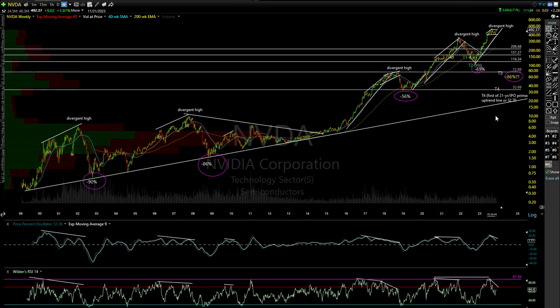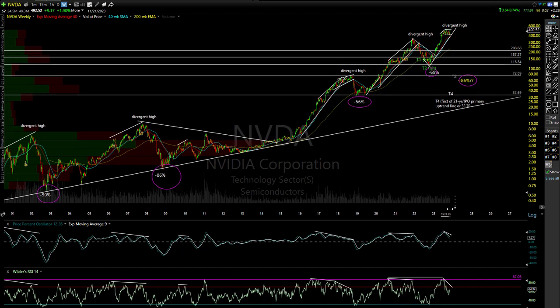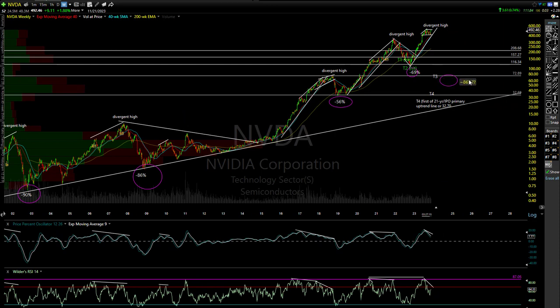I heard the same thing in the dot-com bubble. I'm, fortunately, or for lack of a better word, old enough to have been around through those and some other bubbles, and it's no different. Even back in 2007, there was no dot-com bubble, no tech bubble per se, but NVIDIA dropped 86%. And it came in to check its long-term uptrend line. Remember, my price targets are not where I think it's going to fall in time, just where it's going to go in price. And that's one reason I'm not an options